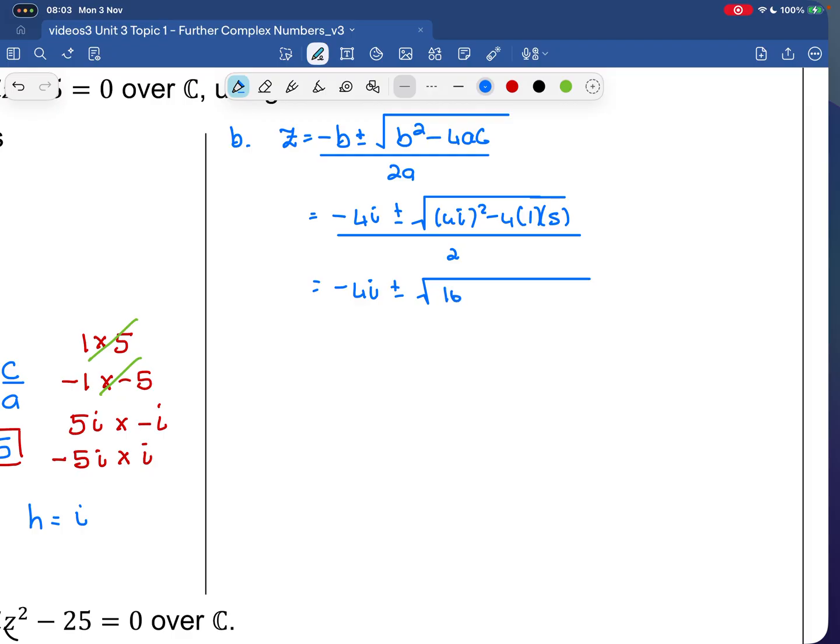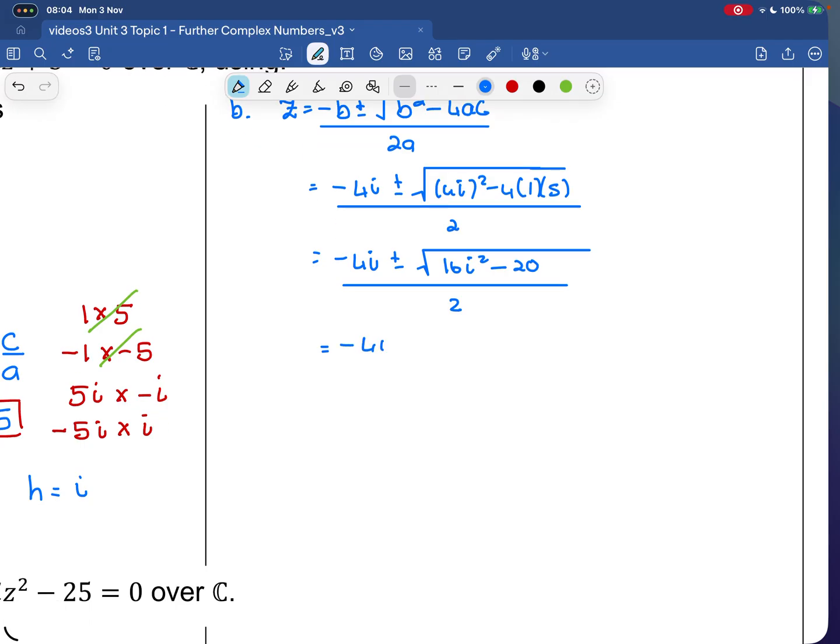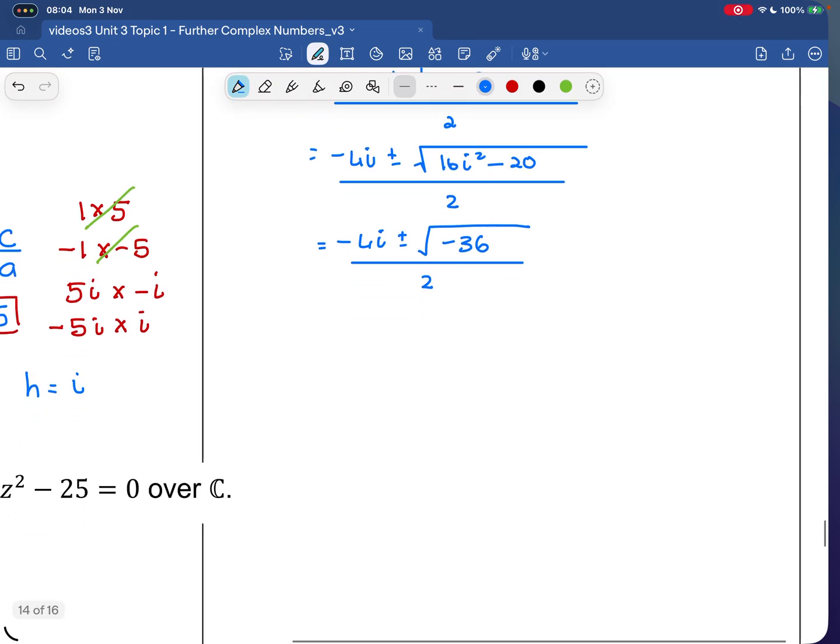And that gives us 16i squared minus 20. And of course, i squared is negative 1, so that gives us negative 36. We can deal with that because we know that negative 36 can be rewritten as 36i squared. So we end up with negative 4i plus or minus 6i